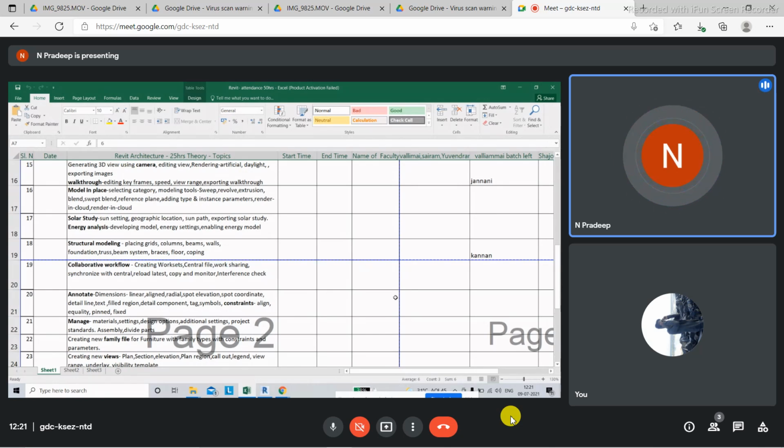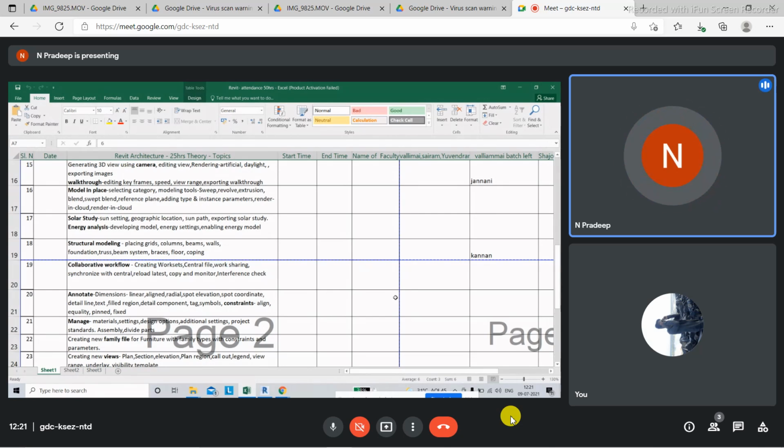For all three of us, there will be a head, called the project head. He'll create a central file for us, saved in the server folder, and he'll let us know that we can access the central file from this part of the folder.